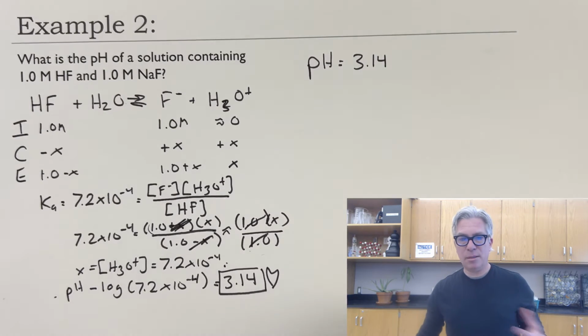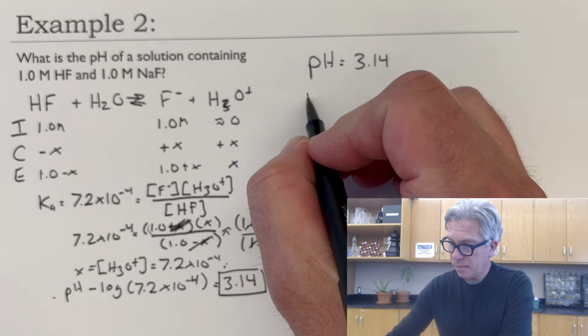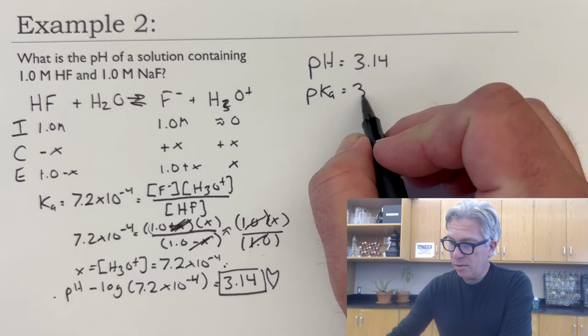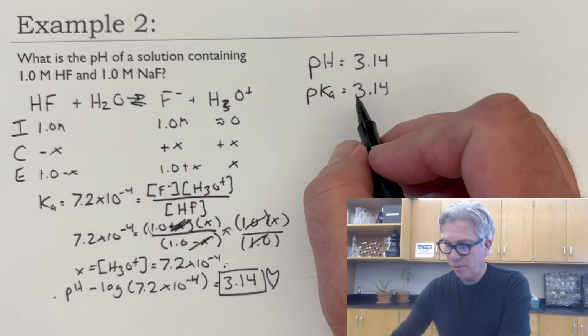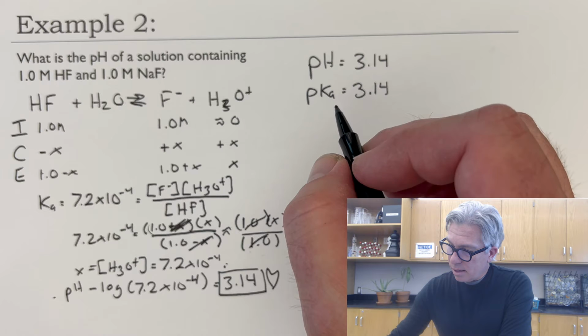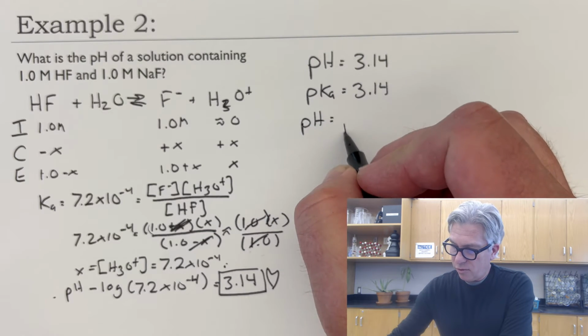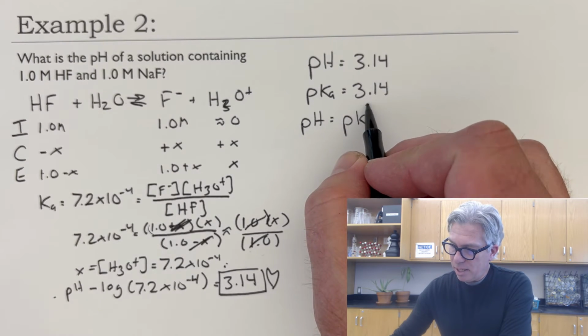3.14 is the pH, right? And we've learned about pKa, which is the negative log of the Ka value. And so the pKa is actually also 3.14. I'm sorry about that. And we get this situation that happens a lot in buffers where the pH of your buffer, because it has both, is actually equal to the pKa